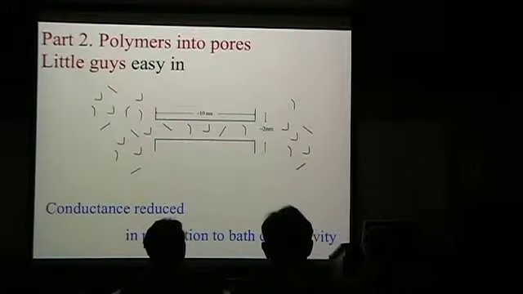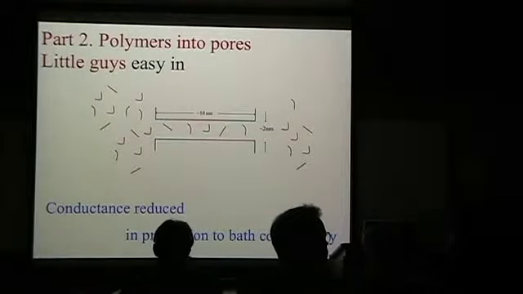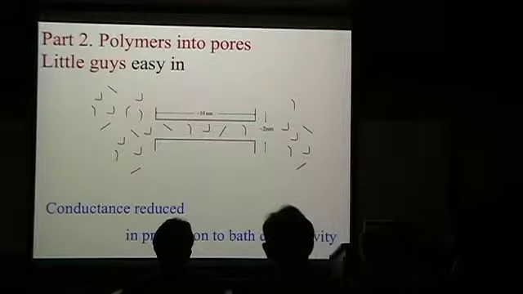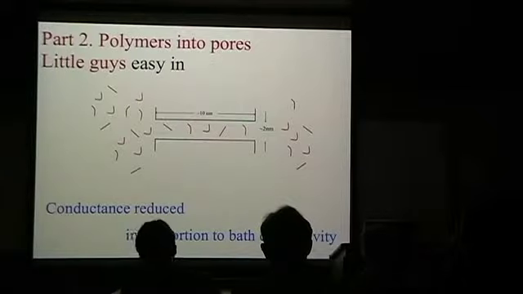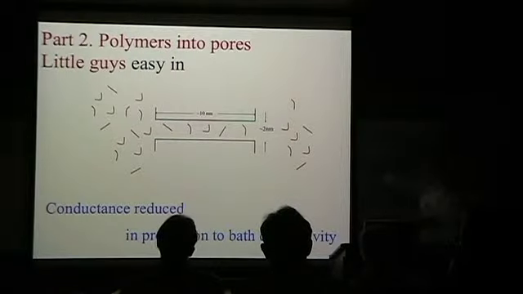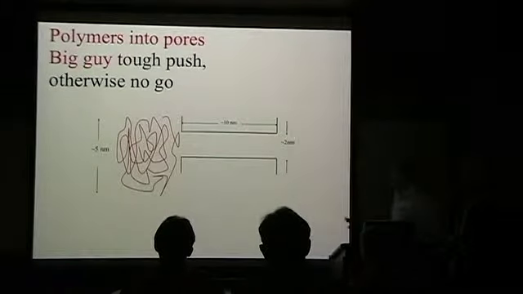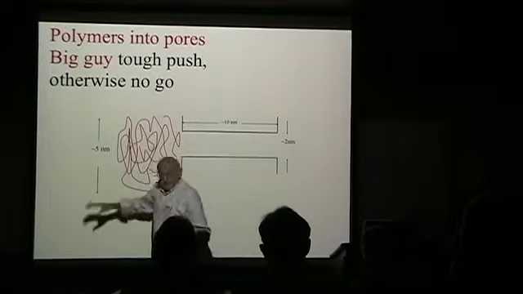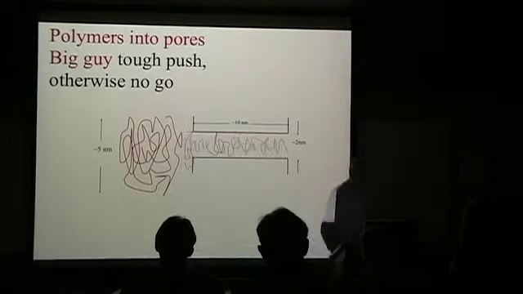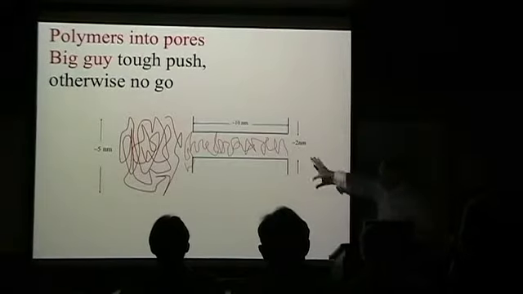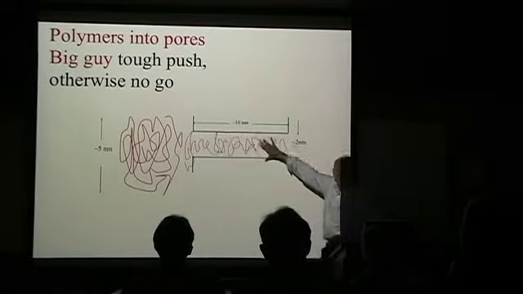And that is intuitively very simple. If they're so concentrated that they're bumping into their neighbors, they will then be able to go into channels because they'll bump into a wall. A big guy outside who's interacting with neighboring molecules will go into a small space where in dilute solutions he will not. So you think of a big molecule like this, but if he's in a concentrated solution, it can deform to push through the channel.